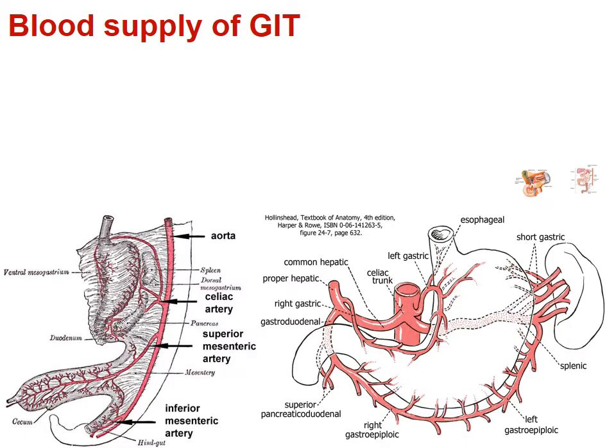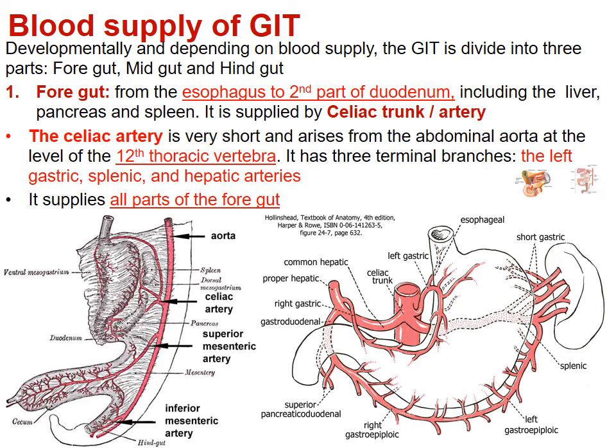Now the next slide is related to the blood supply of the digestive system. That is again a very important slide, because the blood supply embryologically, if you see this picture, you can see this is the esophagus, this is a developing stomach, and then there is the pancreas, there is the spleen, and after the stomach, there is the duodenum, jejunum, ileum, right? Duodenum, jejunum, ileum,